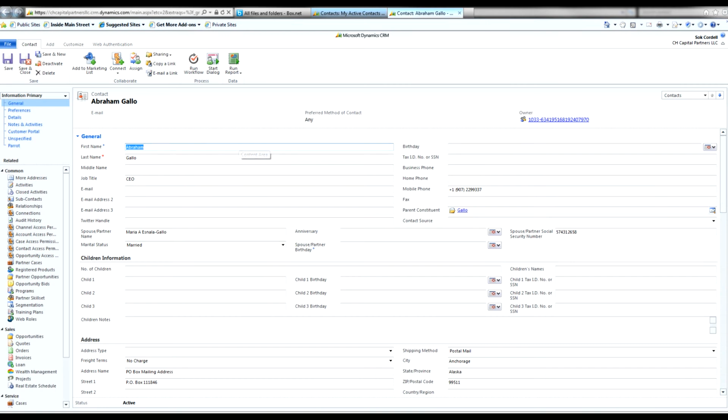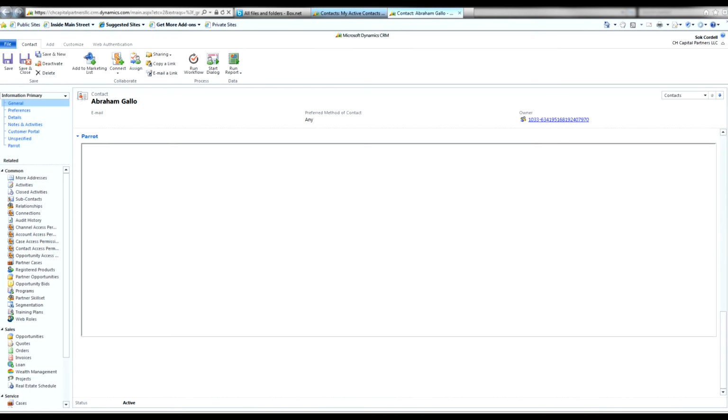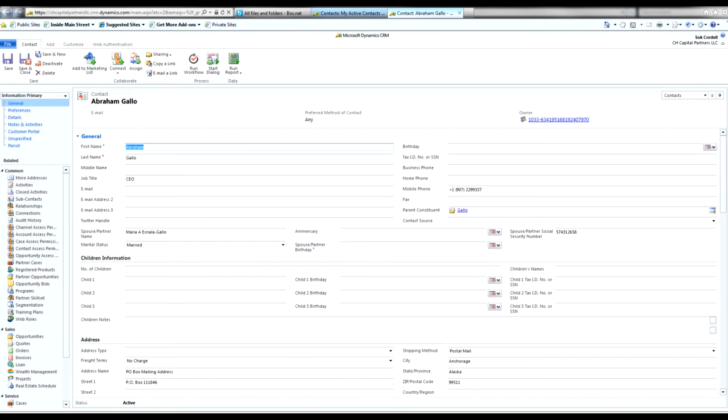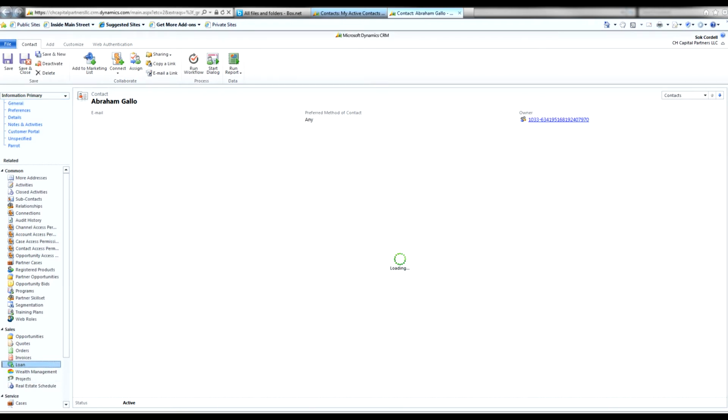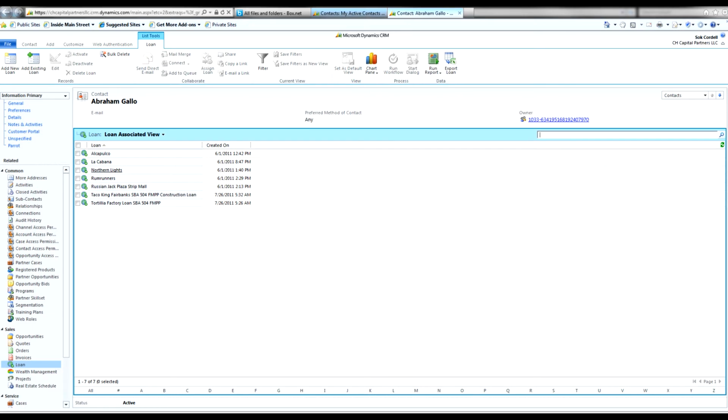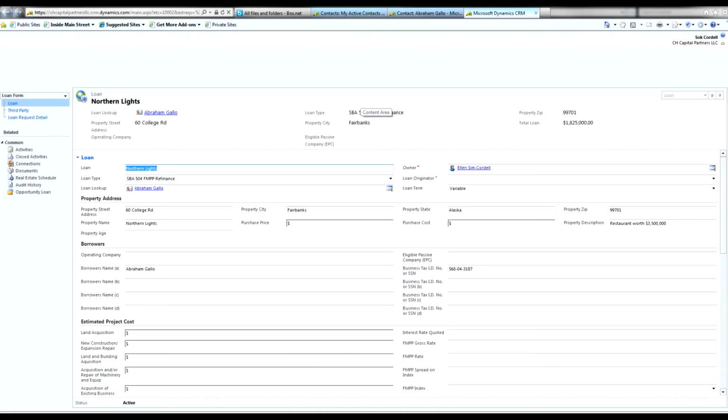So basically, our dynamic CRM is geared for lending and wealth advisory, but that's a separate business. So if you think about the individual client, what we do is we go down, and their loans are in a separate tab. And so this client right here has 62 different properties, okay,